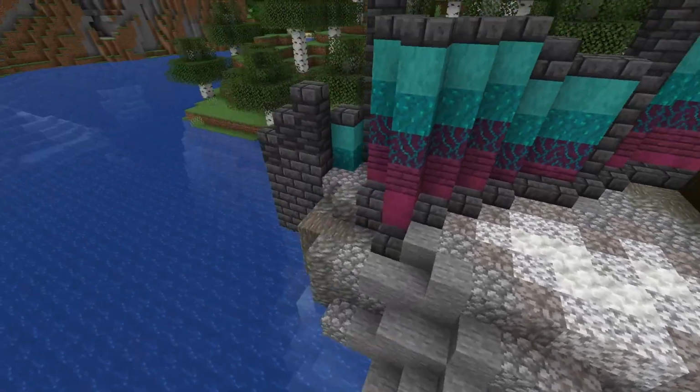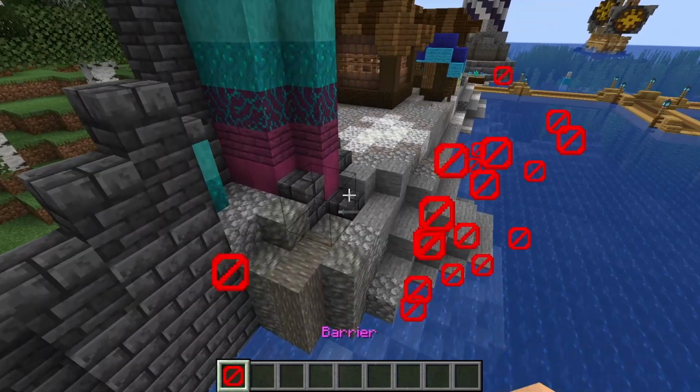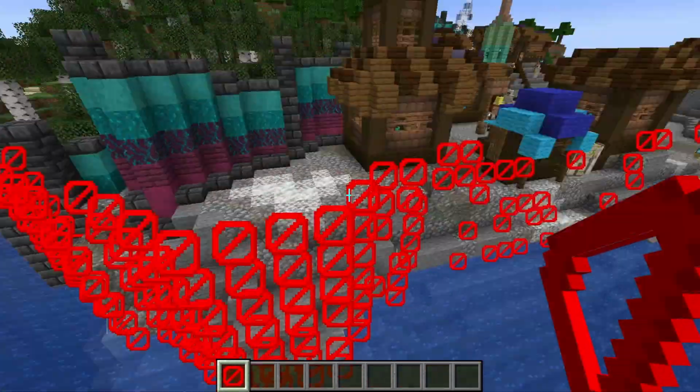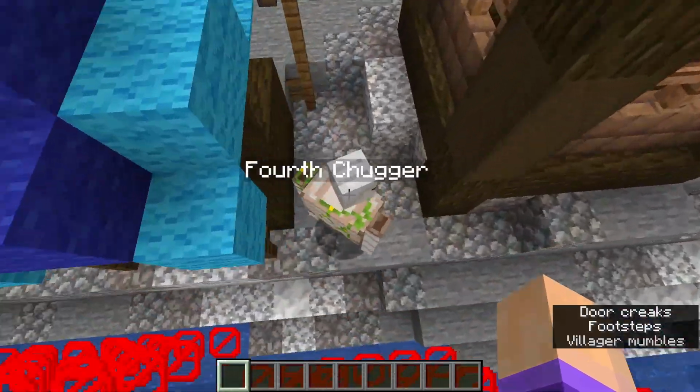And another time he got stuck back here because he couldn't climb back up because it was too steep. I eventually had to just put a bunch of barriers all on the side to keep that specific villager from getting away. So,